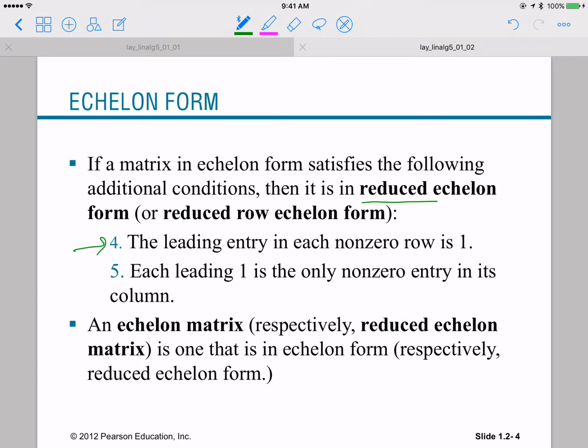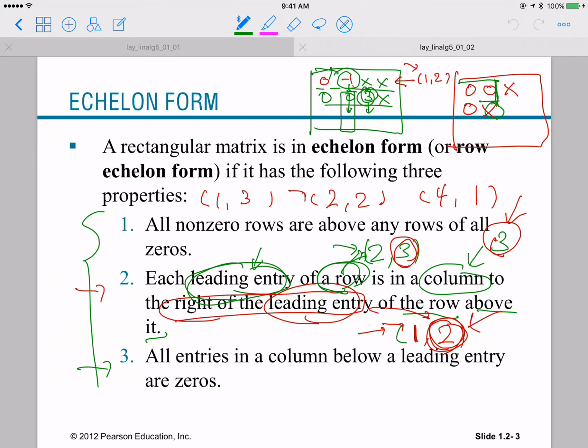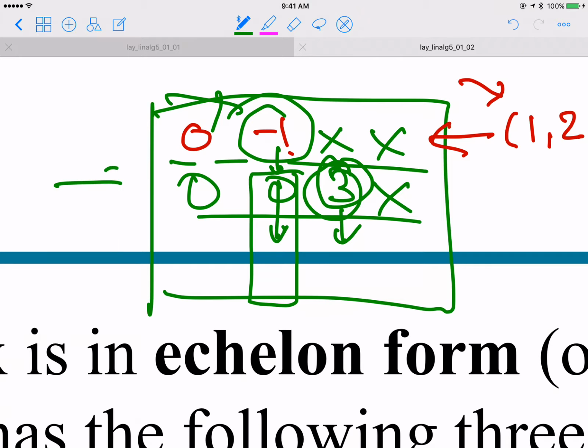So the first additional condition is that, once you find these leading entries, and leading entries are quite important because that's kind of the actual walls that we observe when following this staircase. But that wall should always have the value of 1. Okay, so in this case,